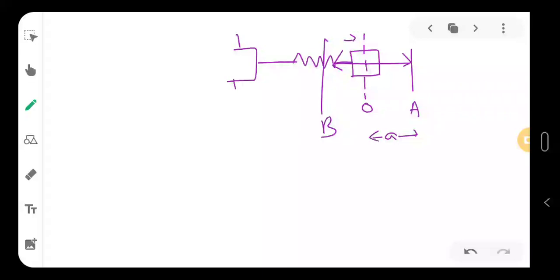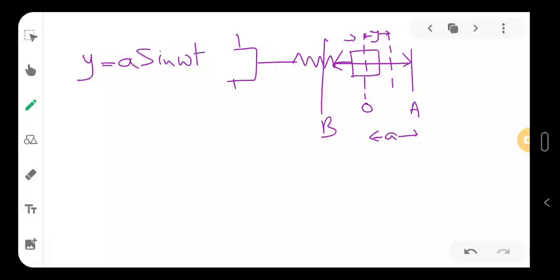At an instant time t, I can find out the displacement. So let's say I want to know at t equal to 2 seconds where the bob will be. How can I find out? I can find out using the relation y is equal to, where y is the displacement from the equilibrium point. So y is equal to A sine omega t. This is the relation from where I can easily find out what will be the location of my bob at some time.